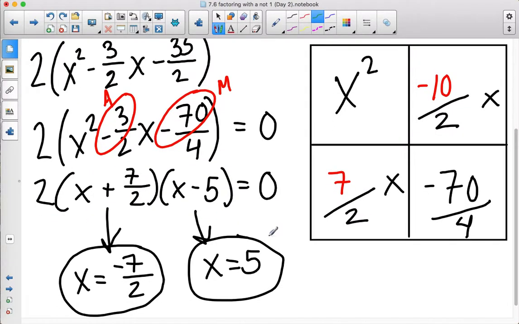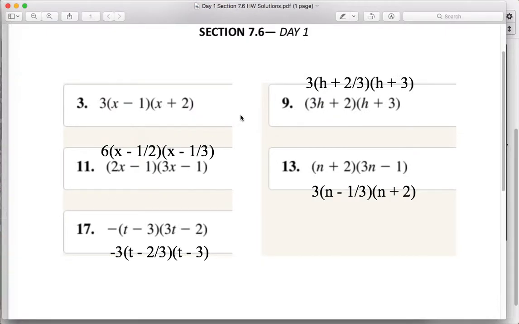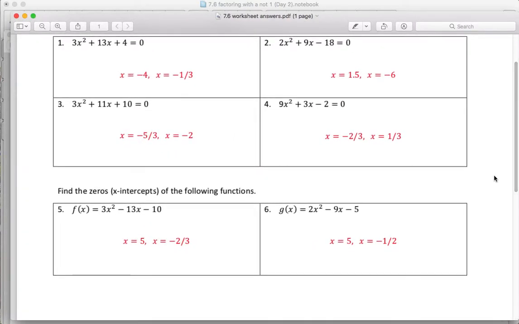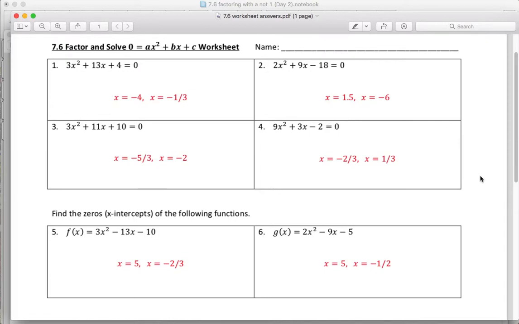So your homework today is actually in your worksheet packet that we passed out the first day we started this chapter. It should be in the worksheet packet, and it's titled like 7.6 worksheet, and it looks like this. If you want to, you could leave the video paused with the answers up here as you work, so you know if you're doing it right. But like I said, there is absolutely no way you can get these answers without showing your work. So I need to see your steps